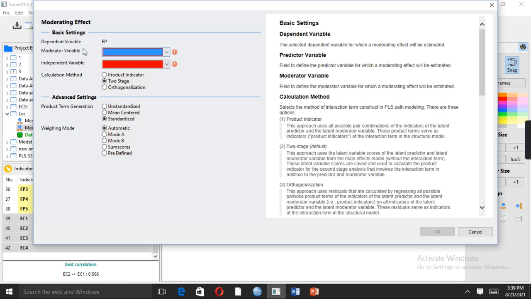If you can see the top left side, the dependent variable is, as we know, firm performance. However, the moderator variable as well as the independent variable we need to mention here. The moderator variable, as we know, is environmental consequences, denoted as EC, and the independent variable is knowledge exploitation, denoted as KE. So just click OK.